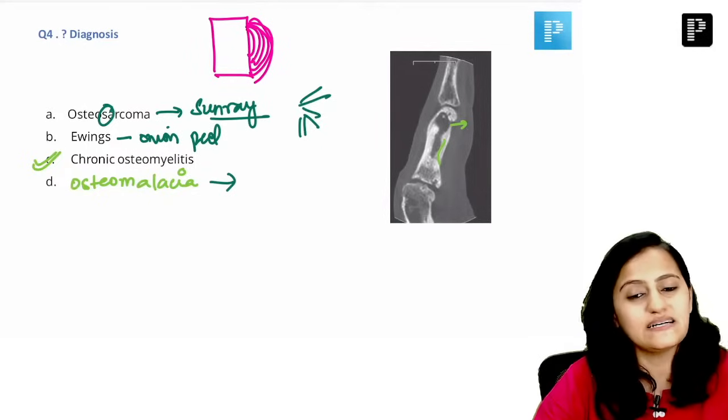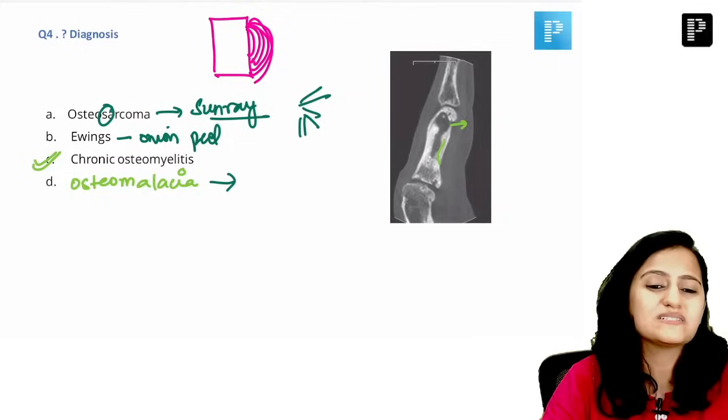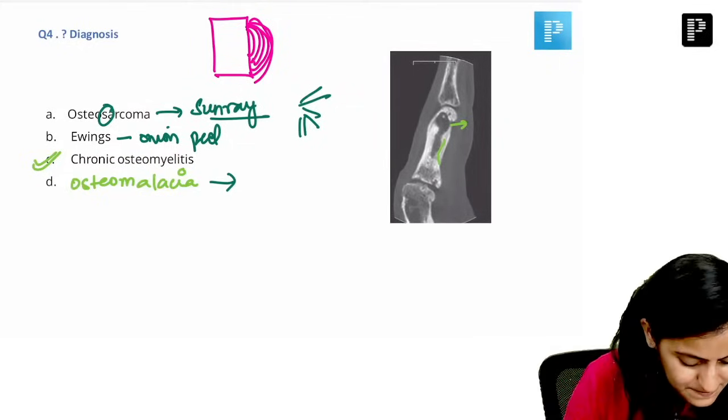Right, it was definitely the irregular, shabby looking bone with the opening in the bone, that was chronic osteomyelitis. Okay, that was chronic osteomyelitis, right? Next one,